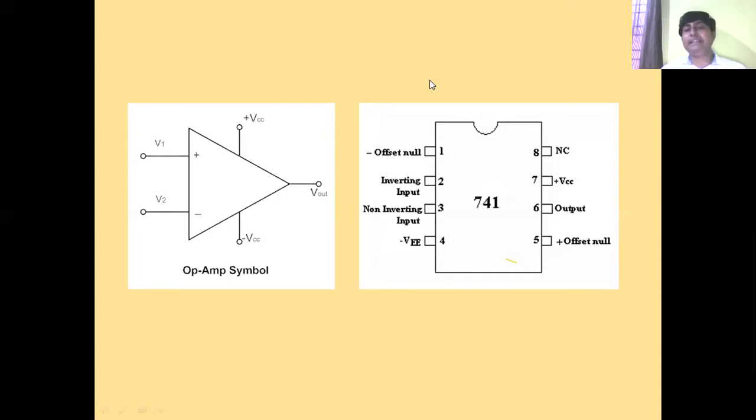Okay, so once again I will repeat. This µA741, that is an operational amplifier IC, has 8 pins. Pin number 1 is negative offset null, pin number 2 is inverting input, pin number 3 non-inverting input, pin number 4 negative VCC or minus VCC, 5 positive offset null, 6 output, 7 plus VCC, 8 is not connected. Okay,